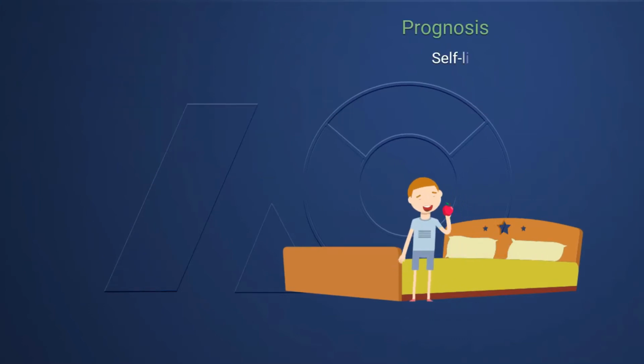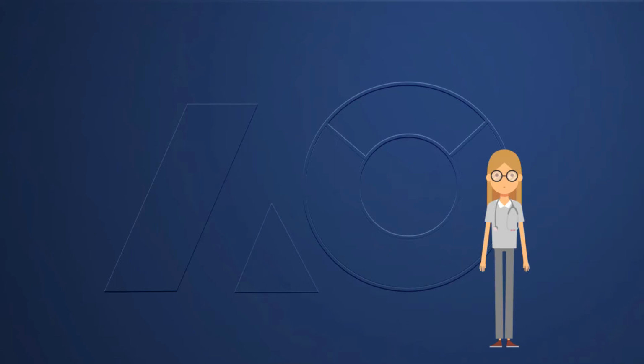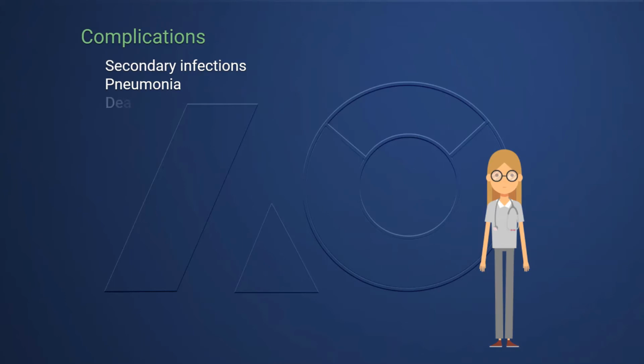Flu is usually self-limiting. Most patients recover on their own. However, risk for fatality increases with complications and greater severity of flu infection. Complications include secondary infection, which is usually bacterial. Pneumonia is another possible complication as the viral infection spreads along the anatomical structure to infect the lower respiratory tract. CDC estimates influenza-related deaths to be about 12,000 to 61,000 since 2010.